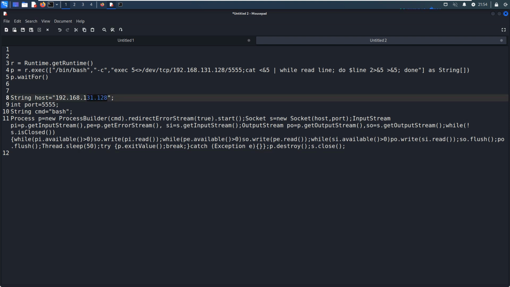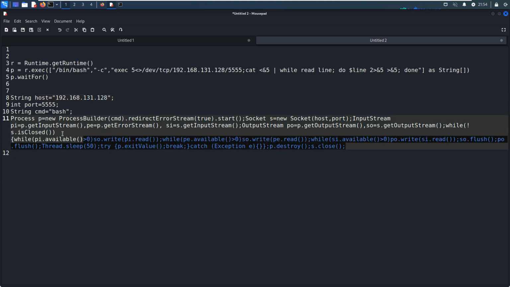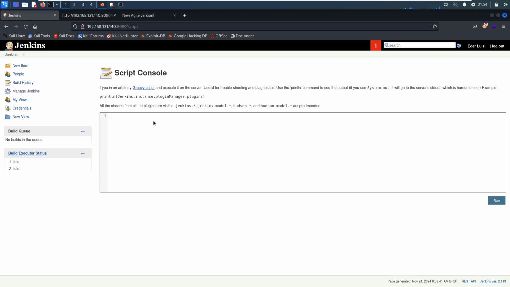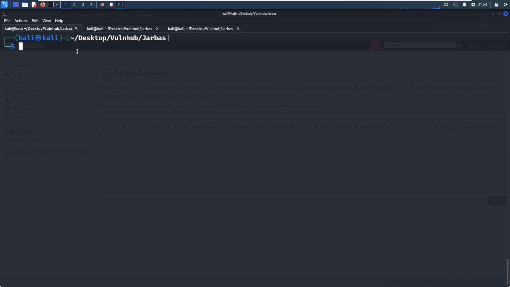Also, the single quotes and double quotes should be retyped to make it work properly. Very important, otherwise you will get some errors. I've already done that before, so now we can copy and put it in here. Before we hit run, we need to set up the listener first.